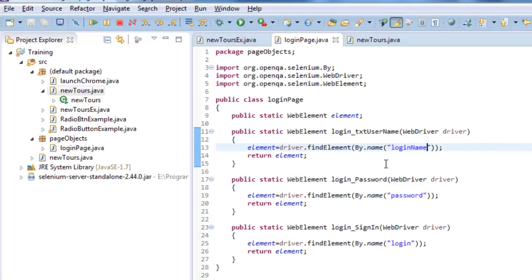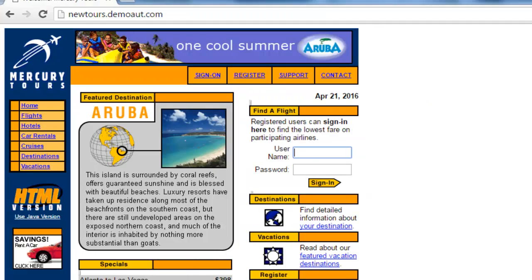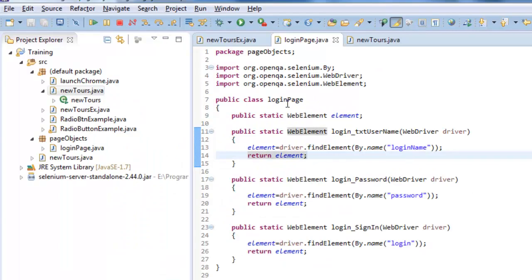Because this is a login page, you just go directly to this login page and update in a single place. Once you update in this single file, you can run the whole test suite at a time, which might have 50 test cases or 100 test scripts, and everything will be executed. You need not update in multiple places.